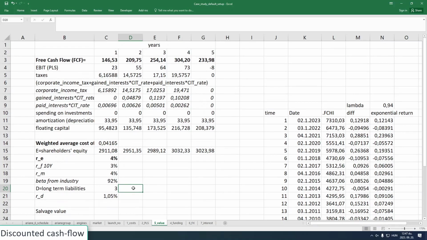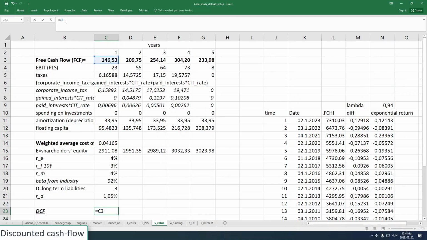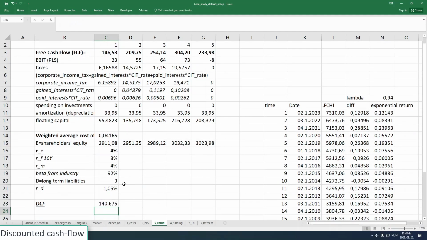Okay, so before dealing with anything with the salvage value, now we have the chance to calculate the discounted cash flow, DCF. Let's underline this. Okay, so not floating capital, where are you? Okay. So this thing divided by the weighted cost of capital, obviously not this way because that would be stupid. So 1 plus thing on the years. So just calculating simple present values, but we have to fix this one with the dollar markings, and